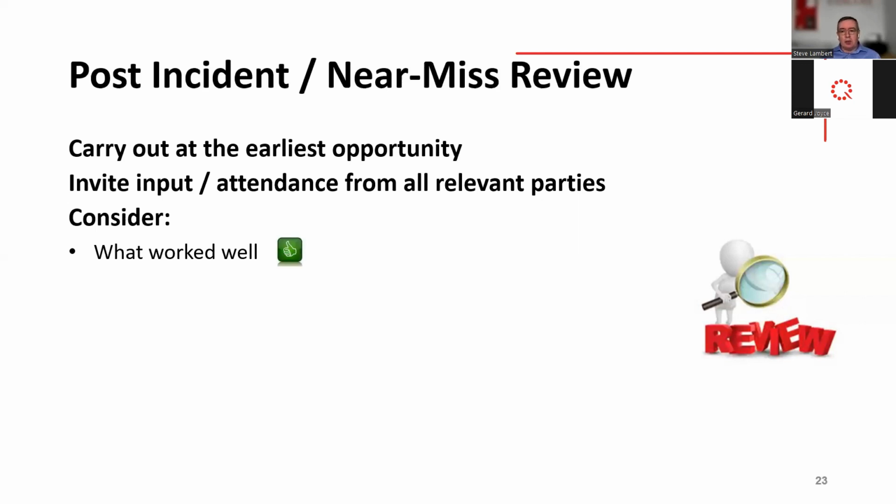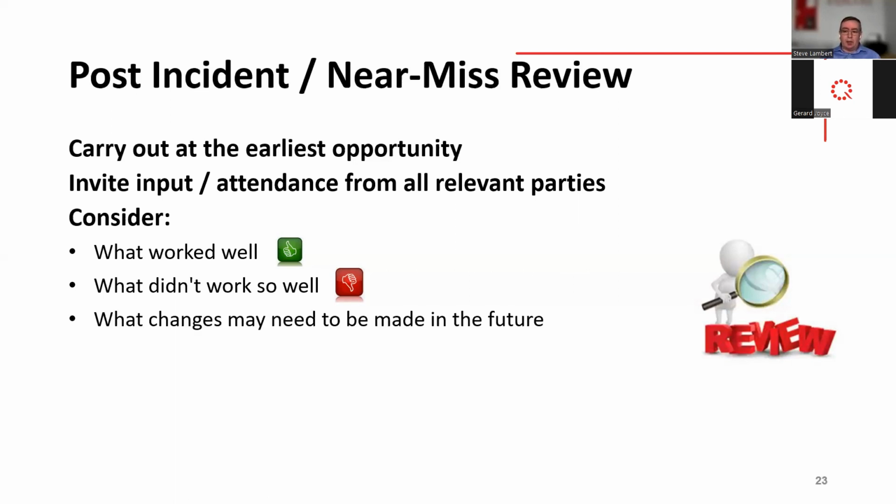Consider how well you responded as an organisation. You're always going to find that people go the extra mile to some degree, but you're also going to find the things that don't necessarily go so well. So it's identifying those, and it's not a finger pointing exercise, it's identifying what didn't work so well, so that if a similar incident happens in the future, you respond better as an organisation, or people respond better in terms of what they do. And then what changes need to be made in the future to continually improve that business continuity management system that you've got in place. Produce a post-incident debrief report or a near-miss report,